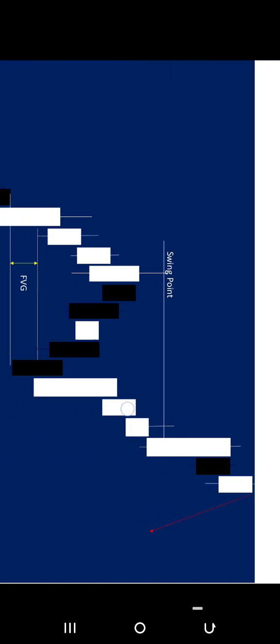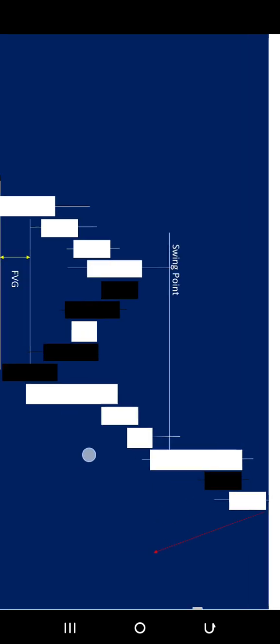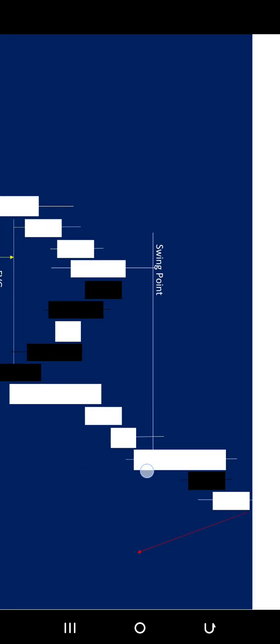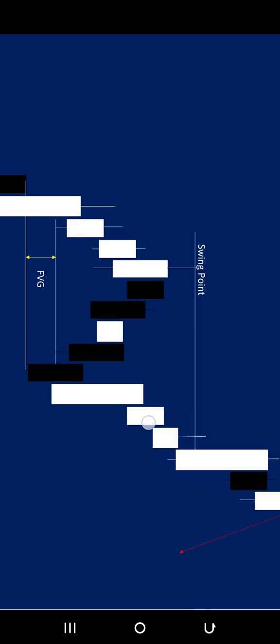Can you see? Funny enough, eventually in that same price action, price broke through the swing point, which simply means that this swing point is not strong enough to hold price. So when price broke through it, a fair value has been offered here. Price went up, it came down to offer fair value. When price has offered fair value, it goes up to seek liquidity. So, three swing points: price went up once, it came down, it went up. So this area, fair value has been offered.